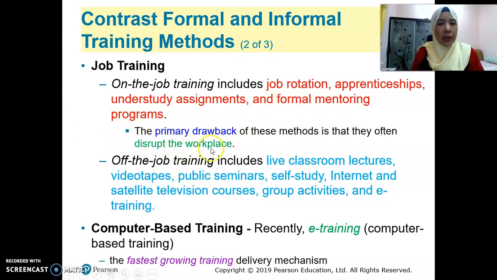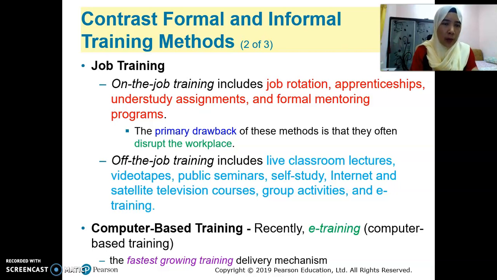However, the primary drawback of on-the-job training is that it can disturb the workplace. On-the-job training means that while performing the job, the employees also learn to perform the job at the same time. That's why it is called on-the-job training. While they are doing their jobs, they are also undergoing training. This can disturb the workplace because if the employees do not know how to do something,